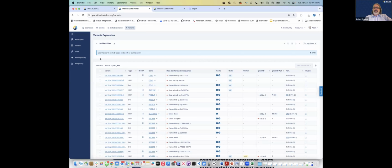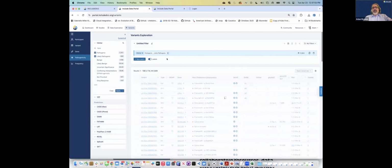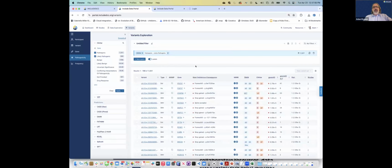The first is to ask the question around things like, of these 74 million variants, how many of them are already known to be pathogenic? And are there any variants of interest in that context? This provides really an updated view of ClinVar and some of these pre-computed annotations that users can filter against. So for example, I can filter across all pathogenic or likely pathogenic variants across